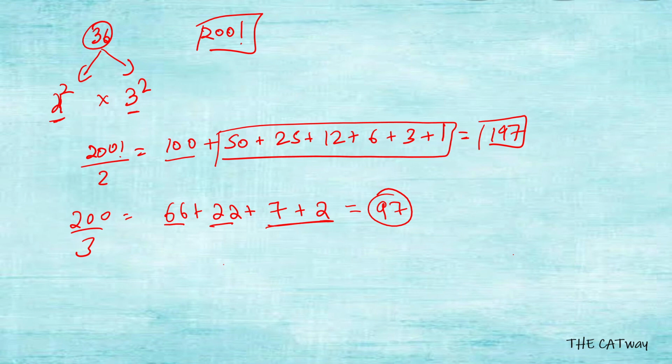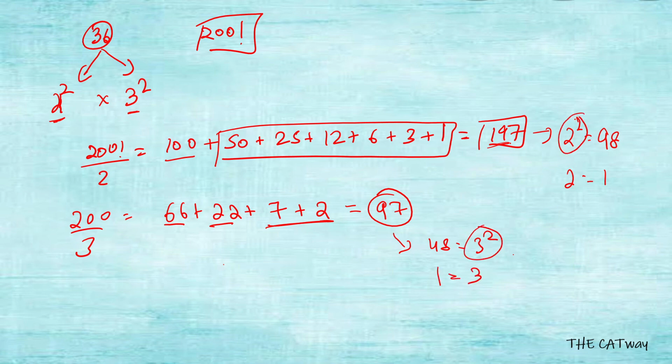Okay. Now see, there are two twos in 36. So we will form a pair of 2. How many will there be? For 2 square, we will have 196 divided by 2, that is 98 pairs of 2 square, and one 2 will be left out. For this one we will have 48 pairs of 3 square and one 3 will be left out. So we need 3 square and we need 2 square. So 3 square is 48, 2 square is 98. So our final answer would be 48. Okay, I hope this one is clear.